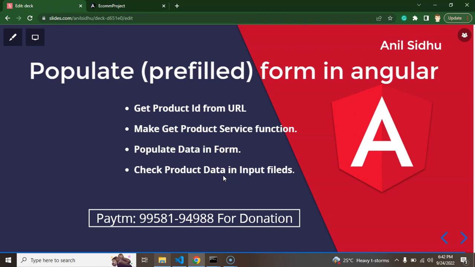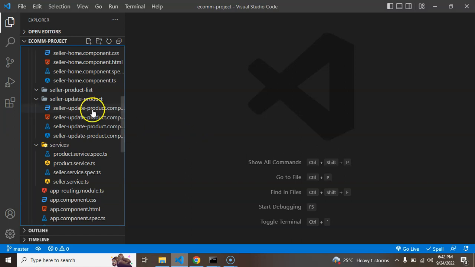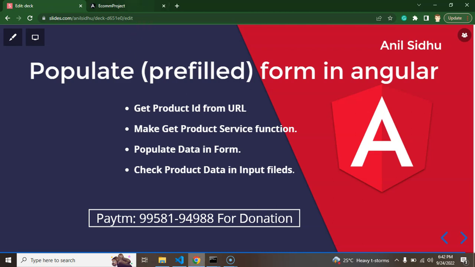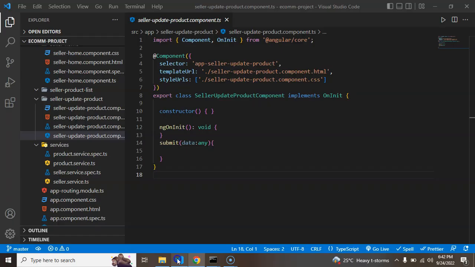All right, so now let's start with the first point, and I am just jumping to seller update product. So here you can see that this is my component for update product, right? So I want to get this id first of all. So what I need to do, I just need an activate route there. So let's create a private property